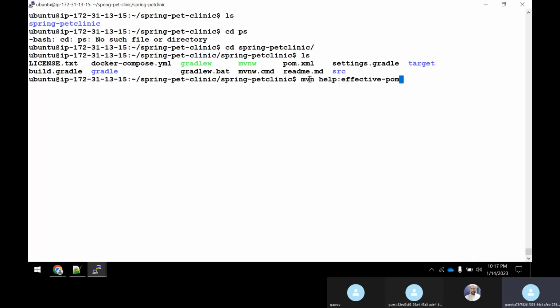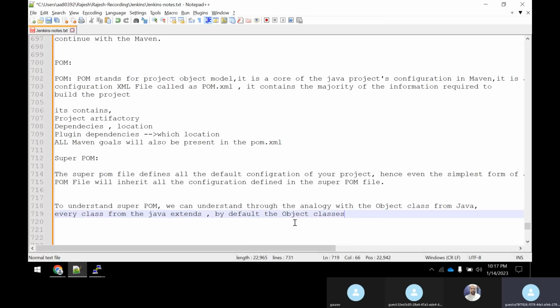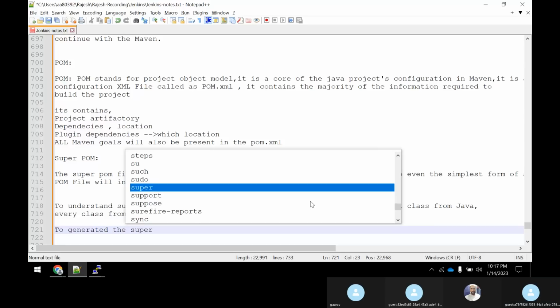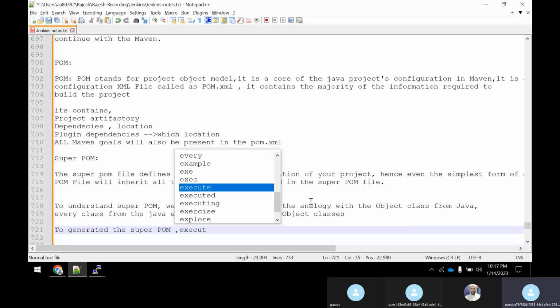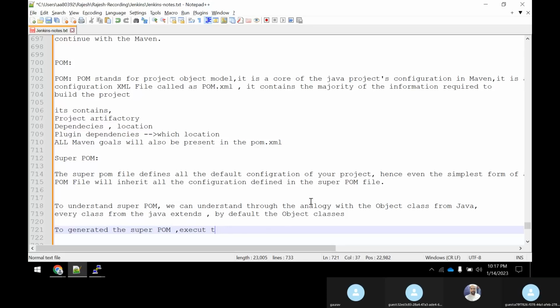So this is the command, guys, to generate the super pom. One second, guys. Execute the command.